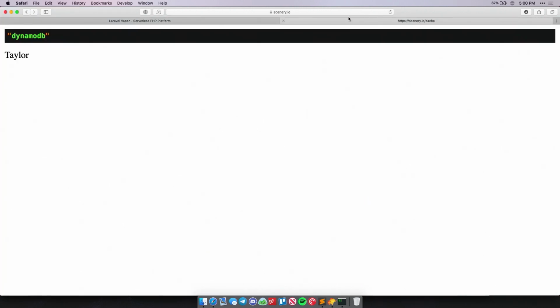All right, so that should be active now. You can see it switched to Redis. Our cache is working. We didn't have to worry about any other configuration. We can just continue using our application.